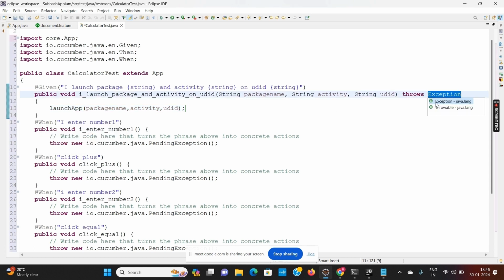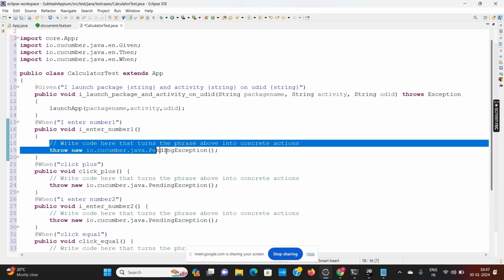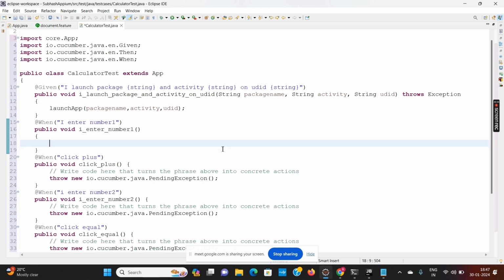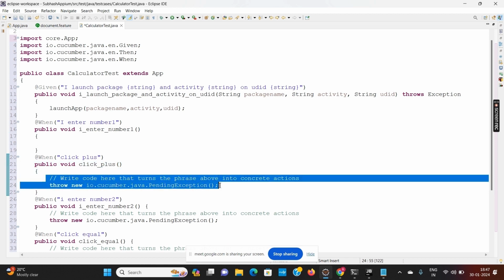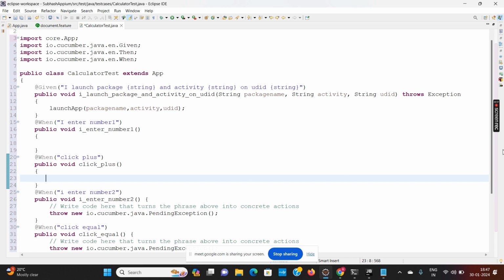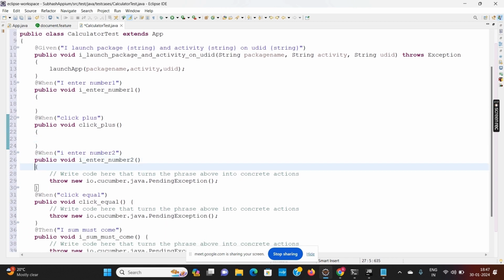Throws exception. So right now I'm just launching the app. I'm not clicking on any number. I'm just keeping it blank, because right now I'm just showing how the application is launched. So I'm just keeping it as an empty method only.